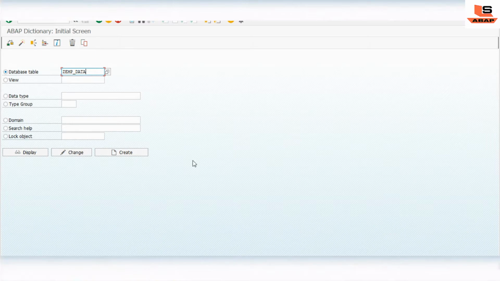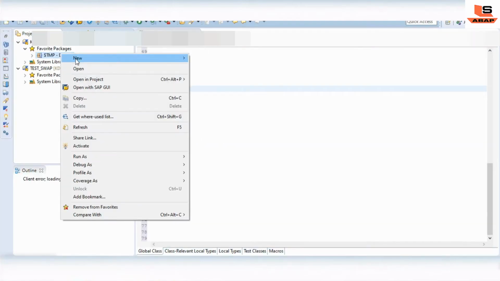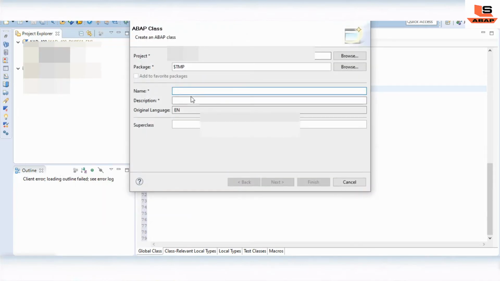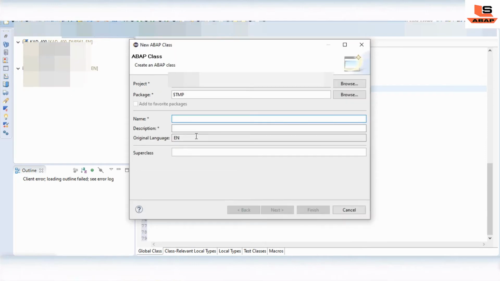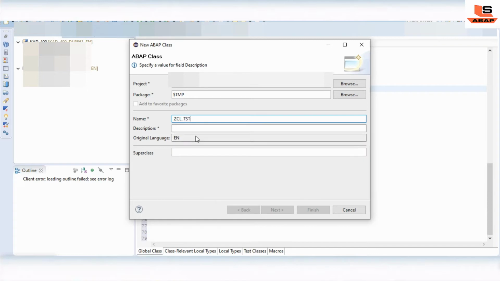So let's start. I'm in my Eclipse. Just right-click on your package, click on New, and you will find the option called ABAP Class. Click on ABAP Class, then give the name for the class. We'll give the name as class tst amdp, and the description as AMDP class.